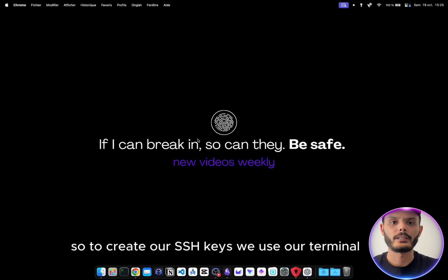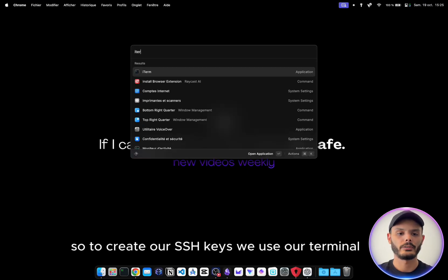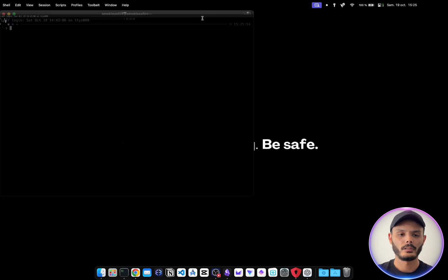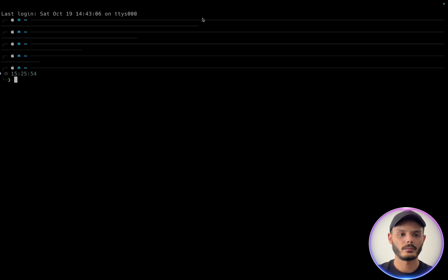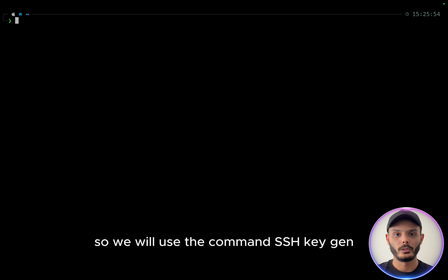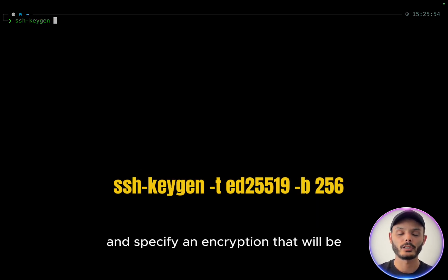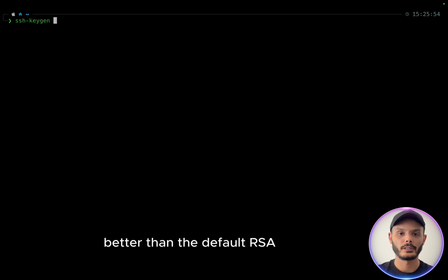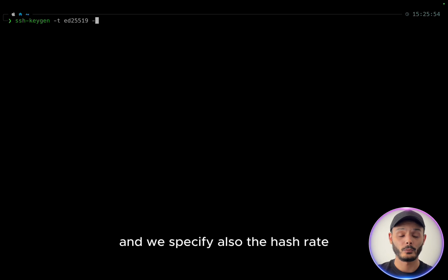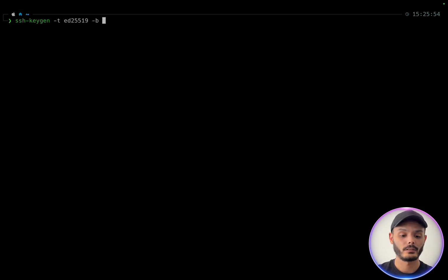So to create our SSH key, we'll use our terminal. We will use the command ssh-keygen and specify an encryption that will be better than the default RSA with the command -t. And we specify also the hash rate.